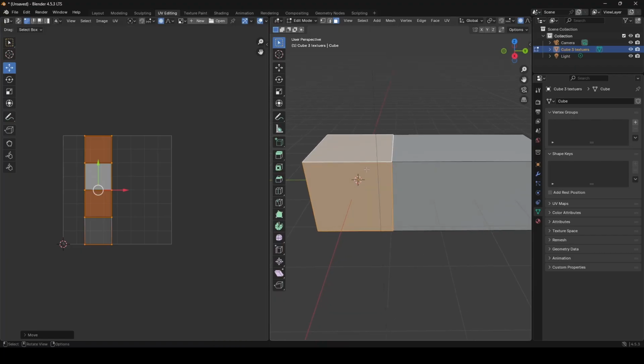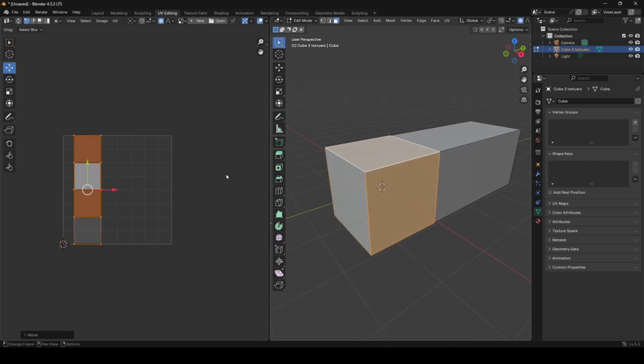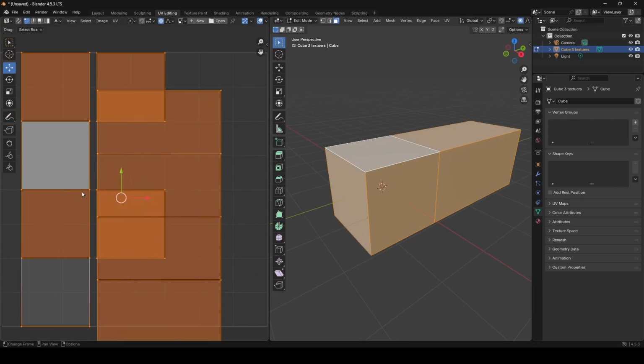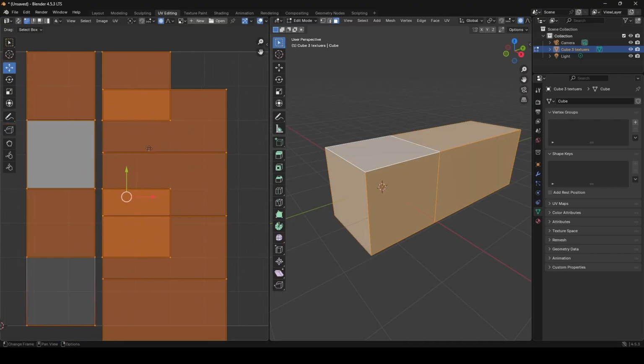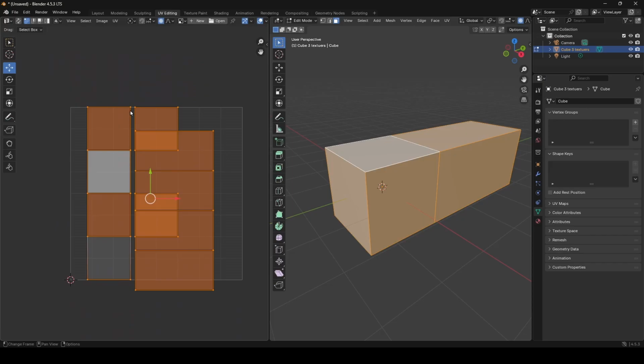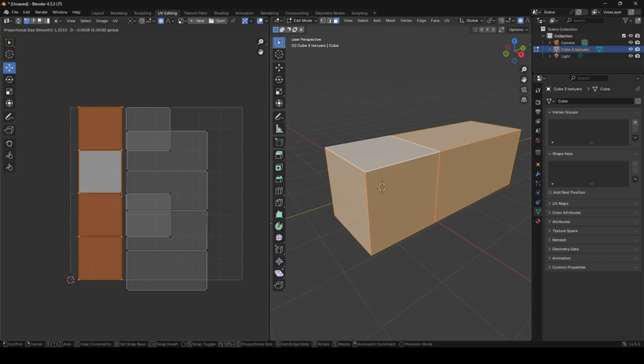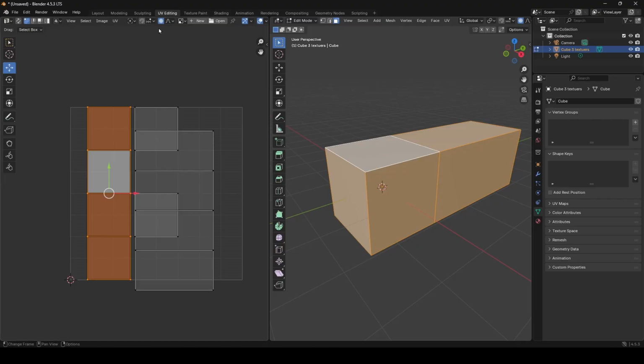Usually, as I said, that plays around with editing the face. It won't mess with the object itself. It's just you playing around with the faces. Now, if I select everything, you can see it is all selected here. And let's say I just want to edit this section. You can select the faces to be able to move them around,